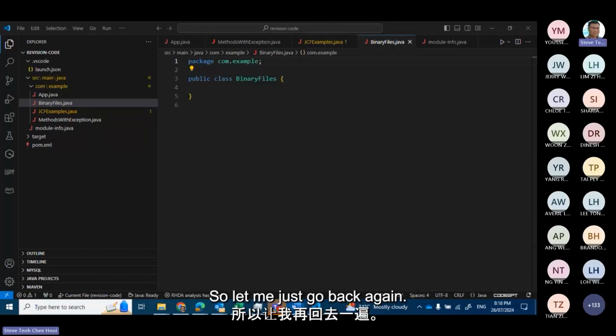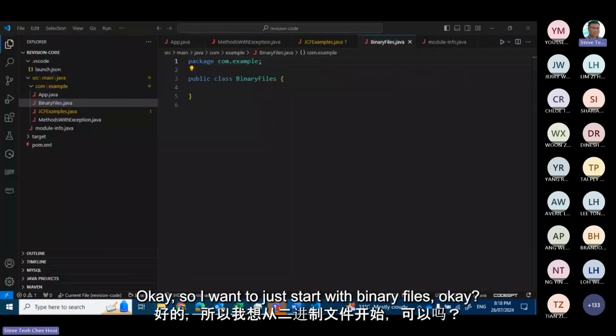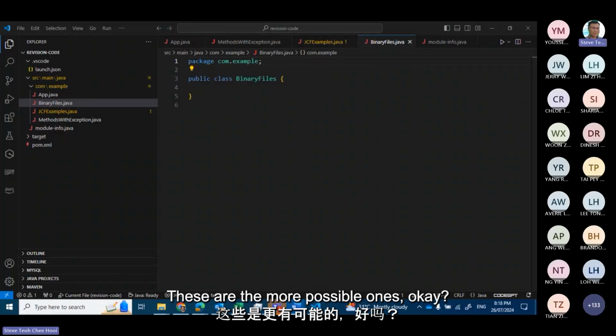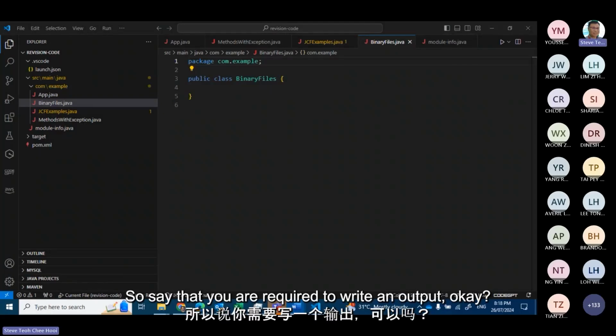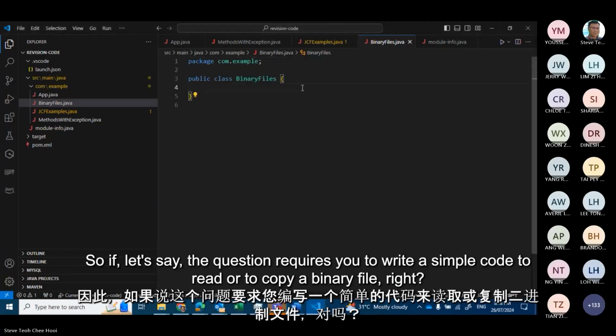Okay, so let me just go back again. Sorry about this. Okay, so I may want to just start with binary files. These are the more possible ones. So say that you are required to write an output. Let us just type out the question here. So let's say the question requires you to write a simple code to read or to copy a binary file